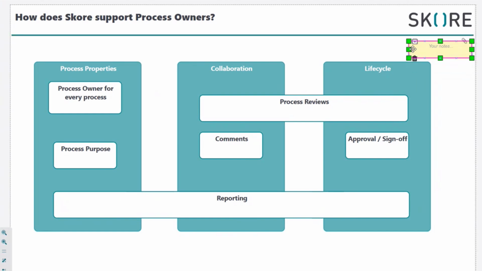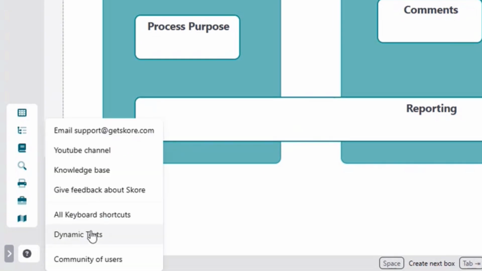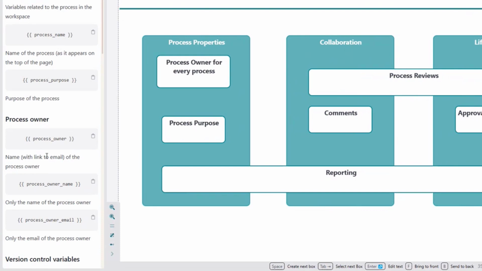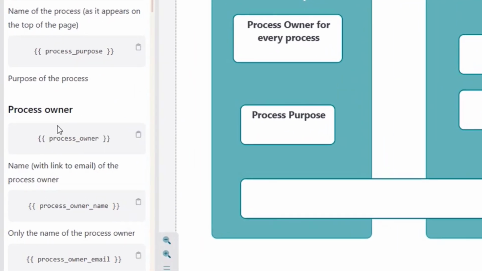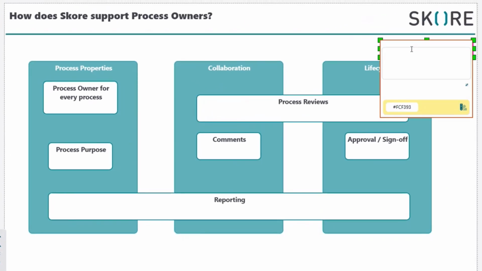I'm just creating a note box up here, but now in Skore you have central templates that you can do. And there's a little trick here as well, that you go to a little help option down here and get your dynamic texts. So I can see here I've got the process owner. So assuming you've set a process owner against the process, I would urge you, in fact something I've done here as well is I've used the